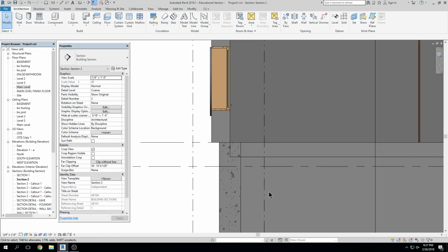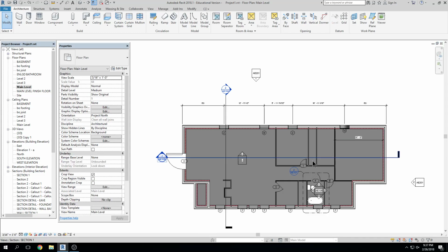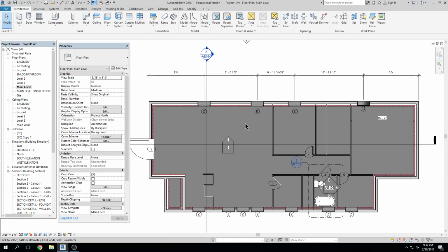Yep. All right. So I'm going to talk about two more things tonight and then we'll stop. What happens when we want to edit the floor, number one, and number two, if we want to create a hole in the floor, okay? So floors, and you're going to start finding this about a lot of things in Revit, these objects are kind of boundary sensitive, or edge sensitive, which means that if I want to select my floor to edit it and I click on the floor, click,